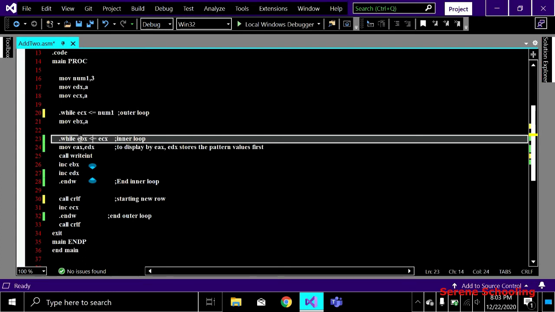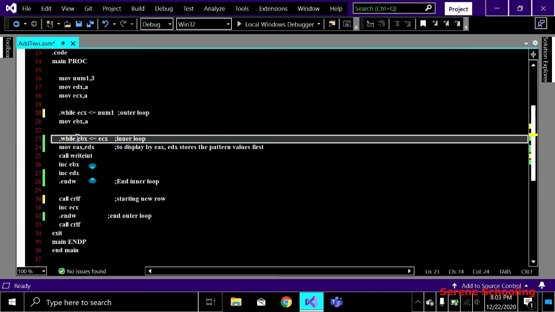And now is 0 less than equals to 2? Now see the statement, 0 less than equals to 2. We know that we are incrementing EBX over here also, so it will first be 0, then 1, and then 2. Like ECX is 2, so the condition will be true at 0, at 1, then 2.